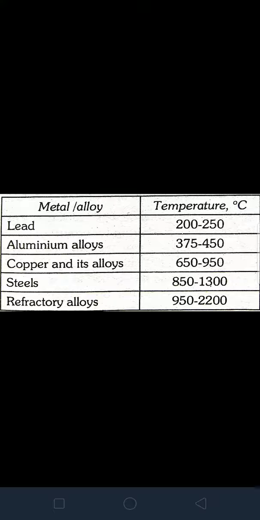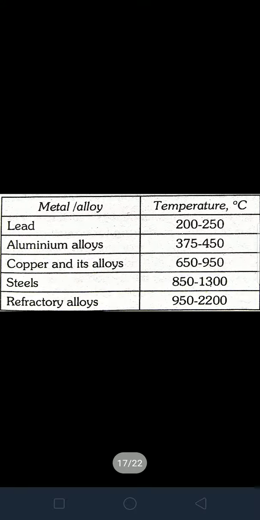Refractory alloys 950 to 2200 degree centigrade. However, hot extrusion has added difficulties in process. First of all, high temperature and pressure conditions result in excessive die wear, hence reduce the die life. If the container and die are cooled by external means, the extrusion produces non-uniform deformation of the metal with the severe dead zone combined with the high friction.